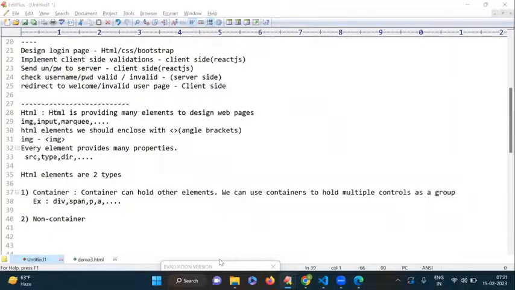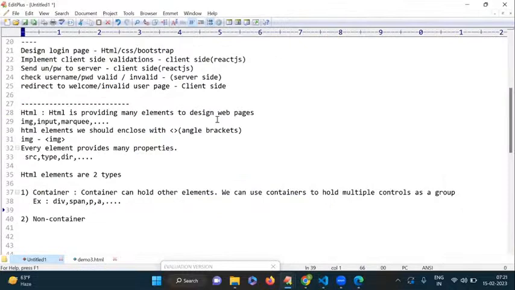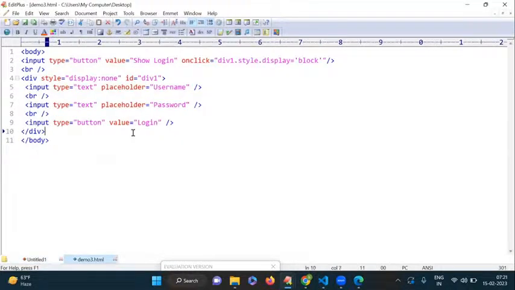Now we have div one, right? You gave div one. But suppose we have a div two and a div three, how can we declare that? Simply like this, we are declaring here. See, this is one div tag, right? And this is another div tag. This is fine. In that input,